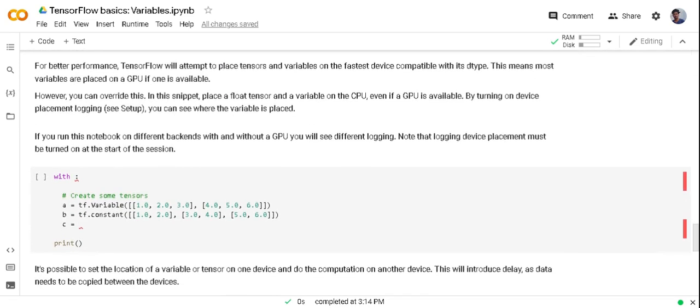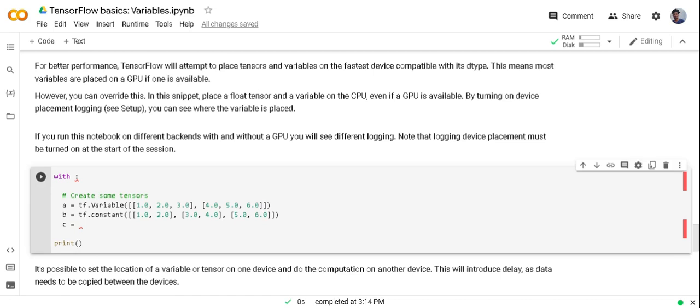For better performance, TensorFlow always tries to put tensors and variables on the fastest devices. Like if you have a GPU, then TensorFlow will try to put variables on the GPU, so operations like weight update and backpropagation can be done fast. And through code, you can also decide which device to use. I just have to do tf.device and here I am passing CPU.